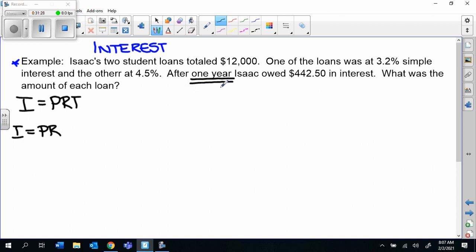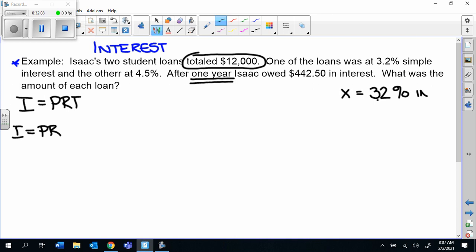So Isaac has 2 different student loans. Maybe some of you can relate. I have loans for my child in college. One of the loans was at 3.2% simple interest and the other at 4.5%. I have an extra R there. After 1 year, Isaac owed $442 in interest. So how many dollars of loans do we have? What is our total amount of loans? $12,000. So some of our money is at 3.2%